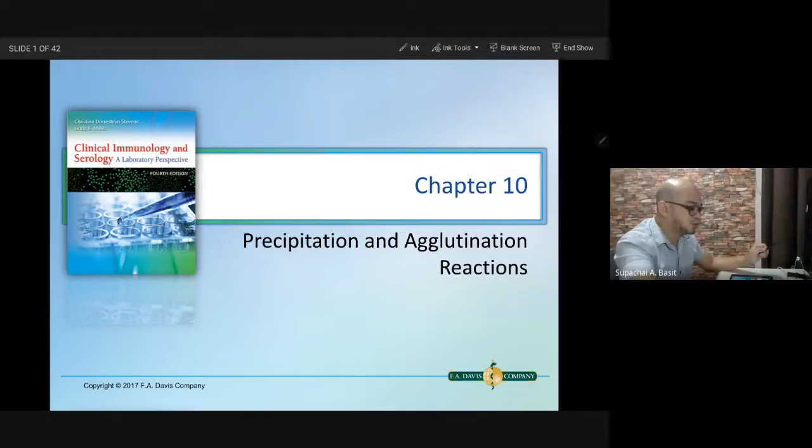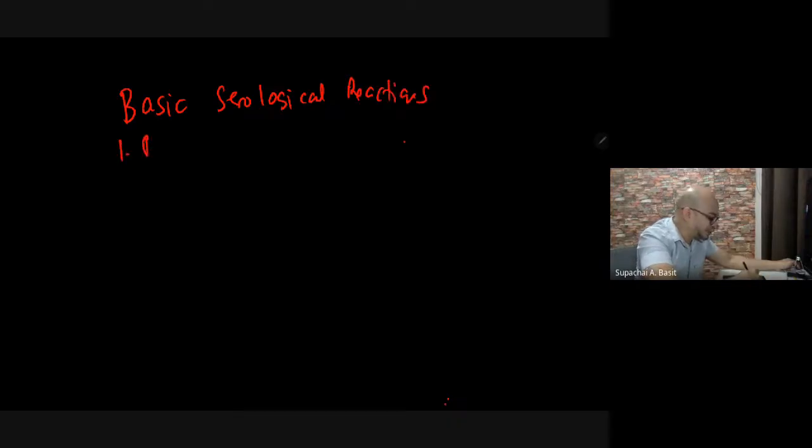Okay, so good morning. Before we start, let me discuss to you what are the basic, okay, serological reactions. So for the basic serological reactions, we have